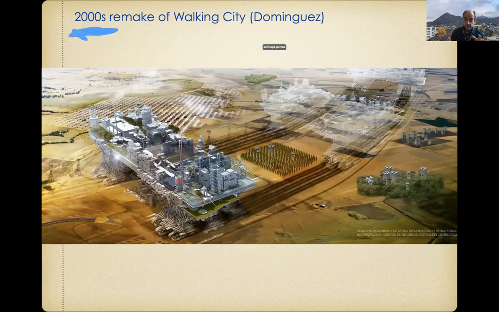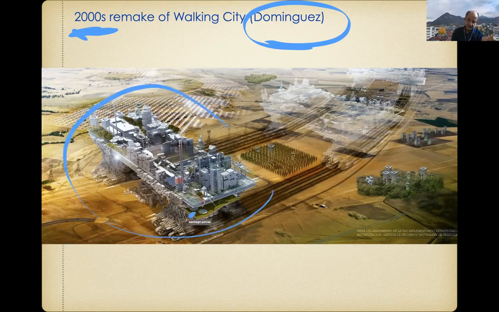Dominguez was a young architect. Now he must be close to 50, but his graduation project was a huge, enormous moving city, in which, again, with today's technology and possibilities, he really designed one thing which could happen. I don't think anybody does it, but this was done before those science fiction movies.